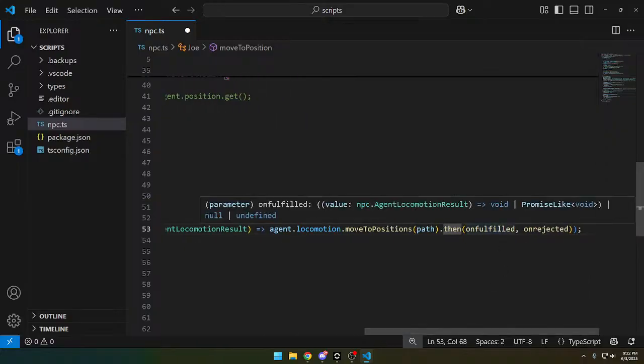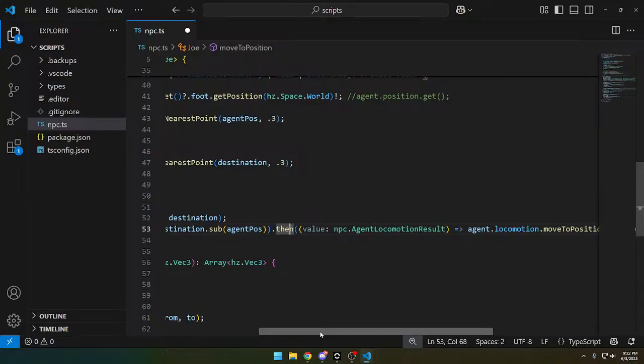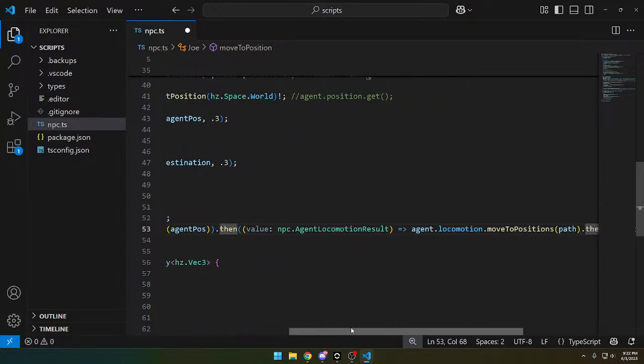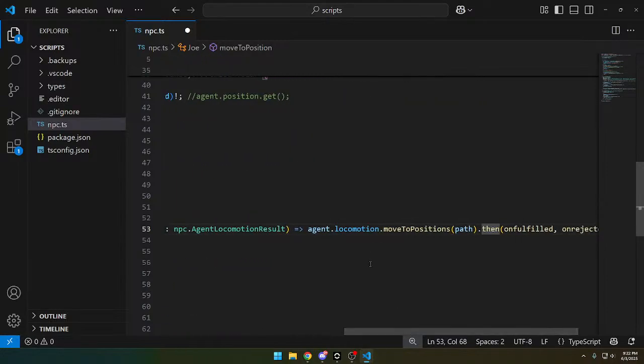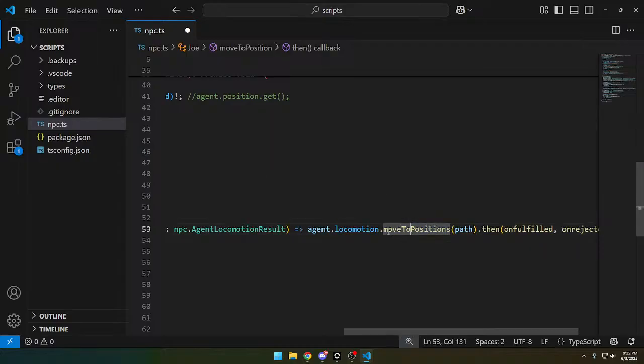Oh, this is where the on fulfill and on reject come in. But anyway, we rotate as long as he rotates successfully, then it looks like we're moving to position with that path. Moving to positions. Got to be specific. There is a moving to position, and there's also a moving to positions. And positions takes an array. So we've given it our array,